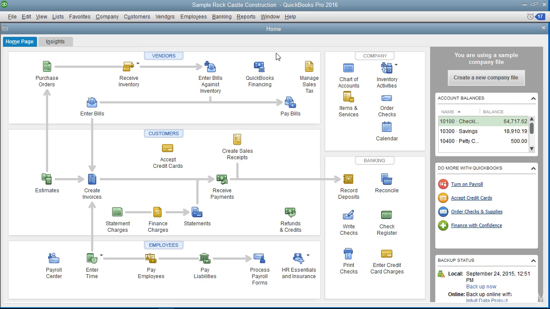Modifying a preset report can often save you a few steps when creating a custom report, especially if there is a preset report that closely resembles the data you want to see. After you have modified a preset report, you can memorize it to save it as a custom report. Modifying a preset report is a good way to learn about the report customization options available in QuickBooks. After you have mastered the available reporting options, you can design your own custom transaction detail and summary reports with